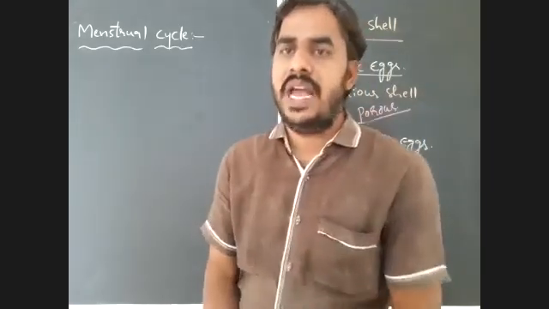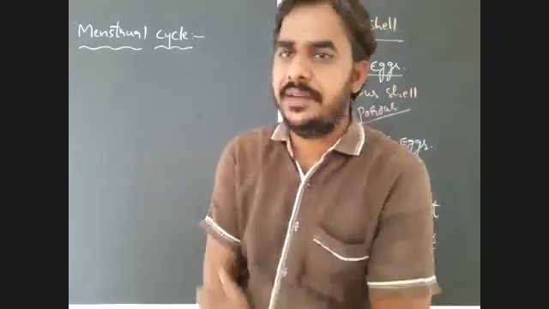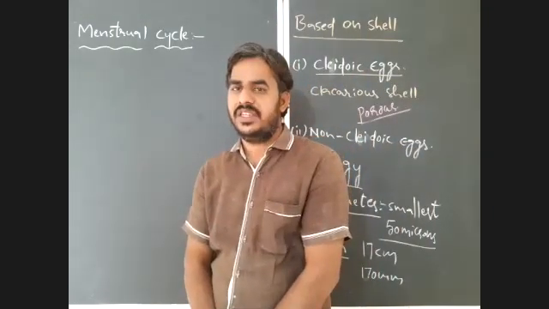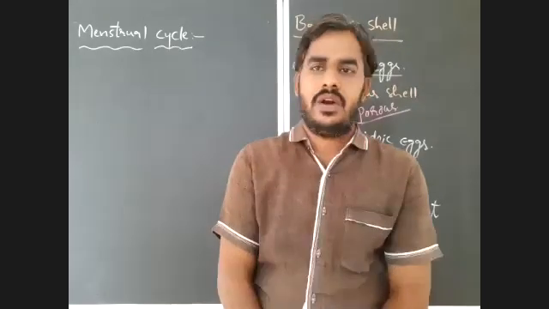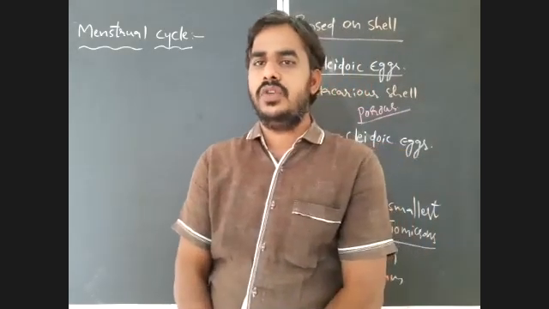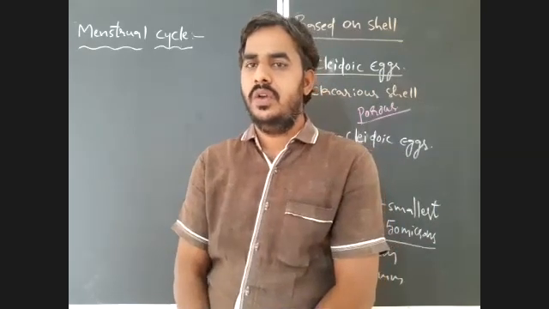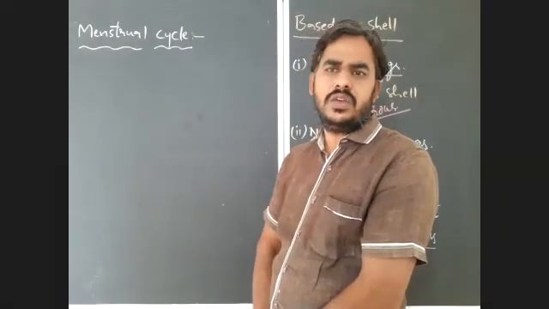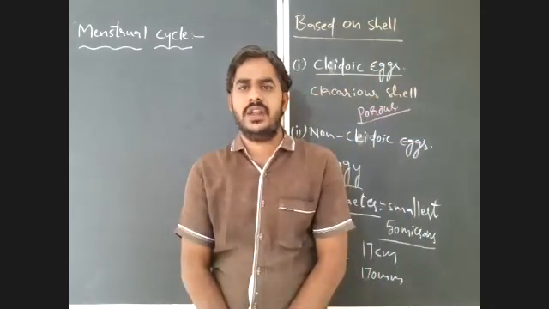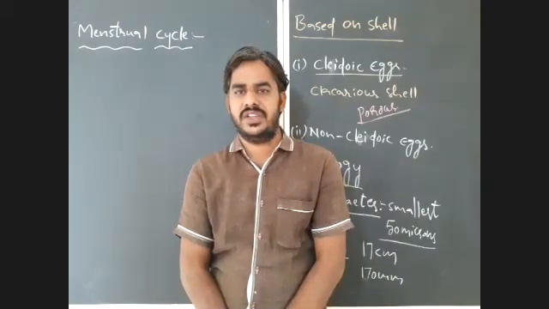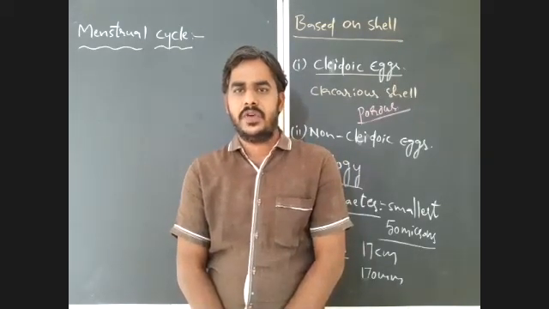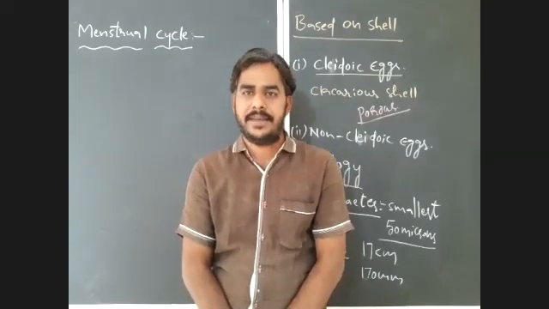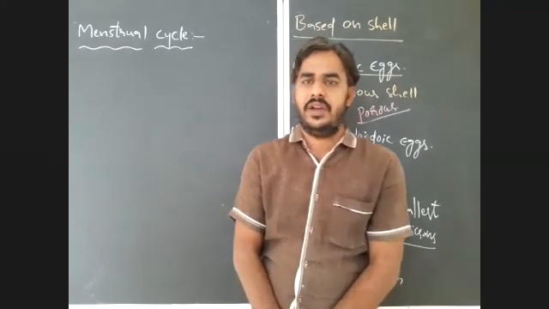So we have to discuss all those phases in detail, and along with that we have to discuss the hormonal regulation of the menstrual cycle. There are 4 hormones that play an important role: 2 ovarian hormones and 2 pituitary hormones. The 2 ovarian hormones are estrogen and progesterone. And the 2 pituitary hormones, FSH and LH, follicle stimulating hormone and luteinizing hormone, also play an important role in the regulation of the menstrual cycle.